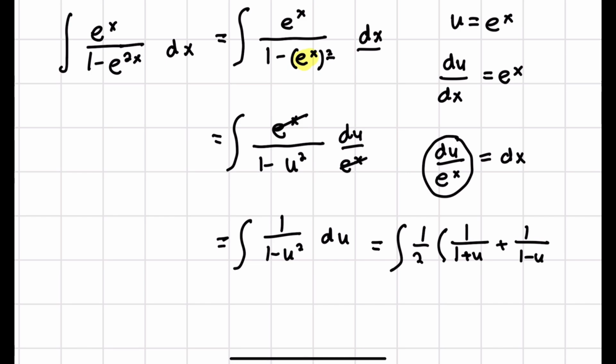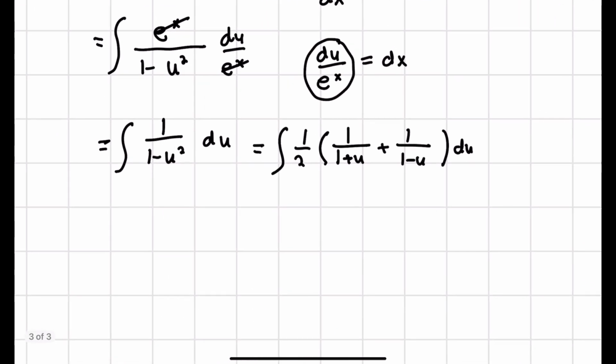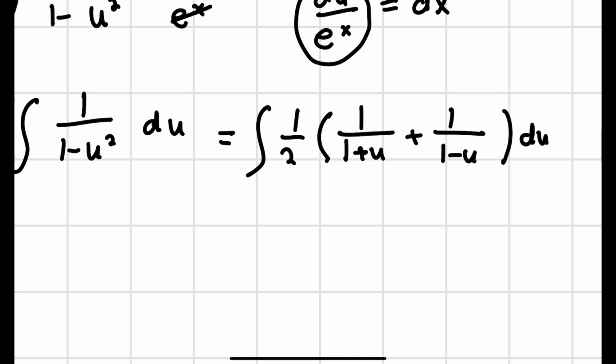And this method is the partial fraction method when it comes to solving integrals. And now we just have to find the integral of 1 over 1 plus u and 1 over 1 minus u. So we have 1/2 times, and the integral of 1 over 1 plus u is ln absolute value 1 plus u